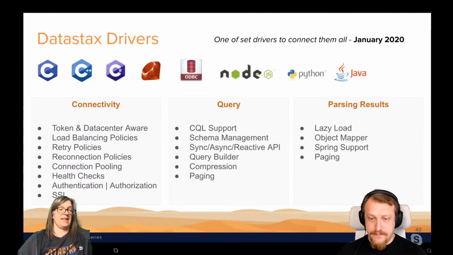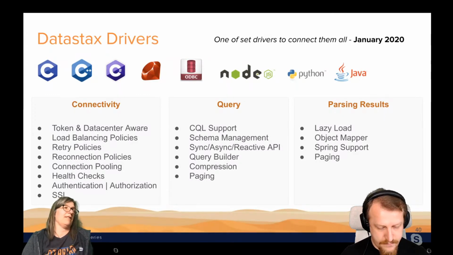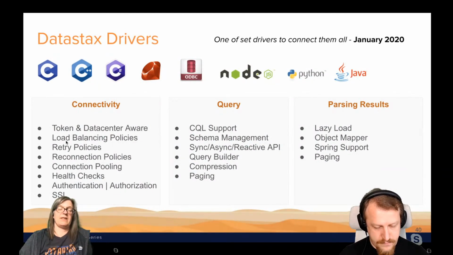Yeah, there's actually a lot of complexity in all these things, right? So as Alex said, the driver is aware of how your data is replicated, and so it's smart. It knows about the layout, basically the distributed nature of your database. It's optimized for very high ingest, for example, and fast reads.